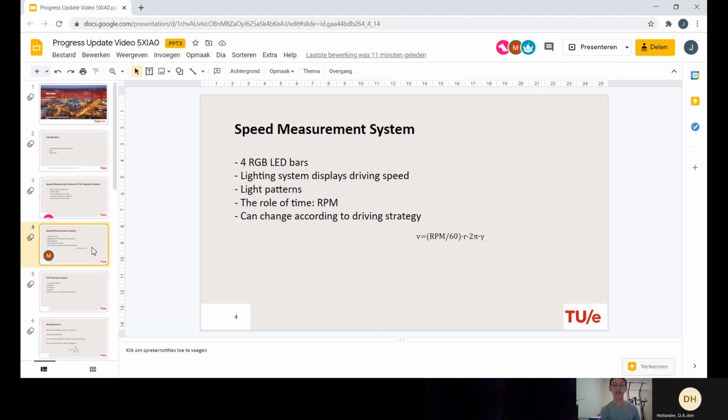The speed measurement system consists of 4 RGB LED bars, each having 32 LEDs. The lighting system is going to display the driving speed and will use light patterns to indicate optimality, which corresponds to a certain driving speed. The color red will be used for overspeed, green for the most optimal speed, and blue when the speed is too low. Time is also an important piece of data here because the speed at any given time needs to